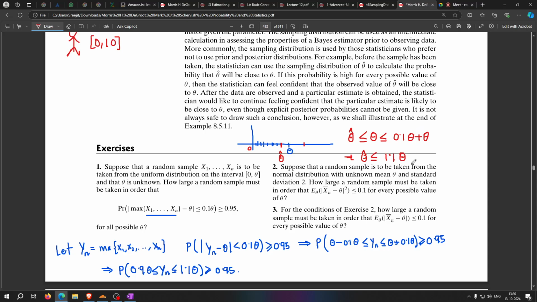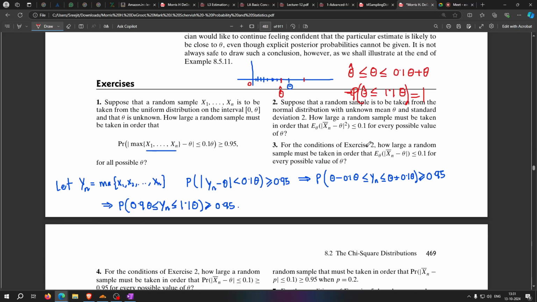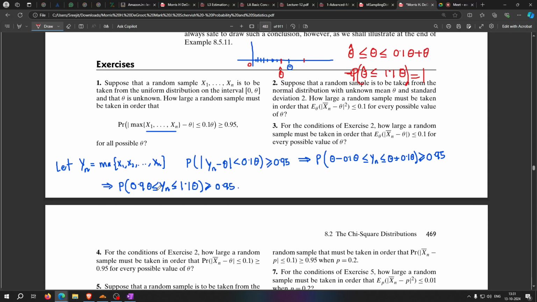Always, with probability 1. So the probability of this happening is 1. You will never go beyond theta, let alone 1.1 of theta. So we don't need to worry about this. This is always 1. Yn will always be less than 1.1 of theta. All we need to take care of is this thing,